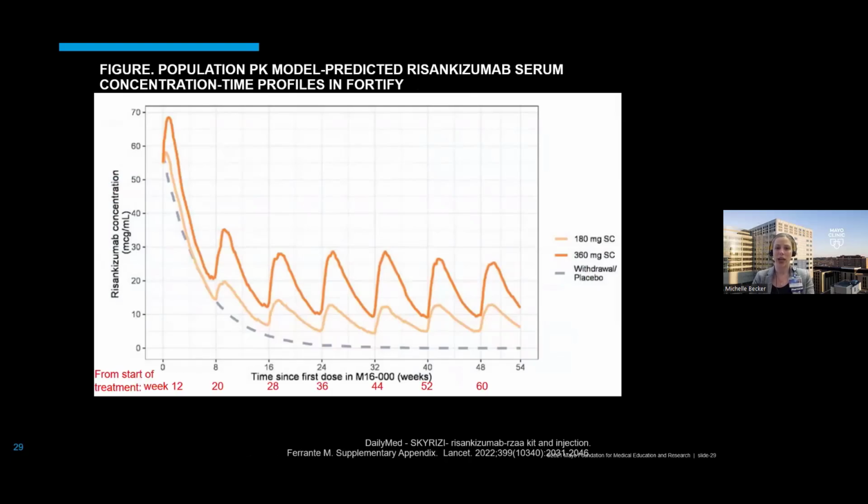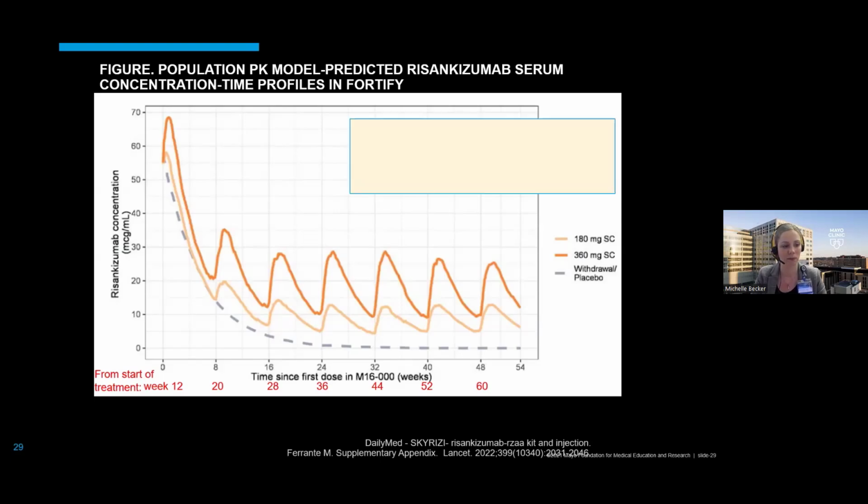And to orient you, the x-axis is time here, with week 0 being actually the start of the maintenance phase. So these individuals would have already received 3 IV infusions at weeks 0, 4, and 8. And then this week 0 is really truly the 12 weeks into the treatment. So that's why we see that drug levels are already quite high here. And then the at-home injections are continued every 8 weeks, and they're subcutaneous, which again makes sense with the curve